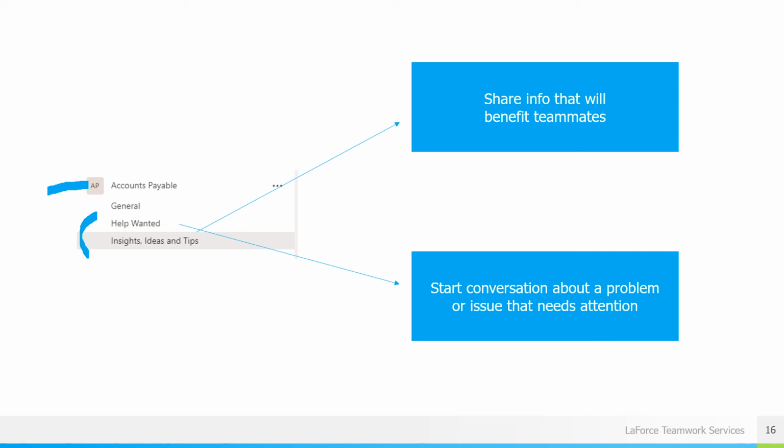And the way it works is whether it's help wanted or insights, you start a new conversation within that channel. And if you do it well, you raise a really specific question, you make a really specific request, and then people, again, reply right there in that conversation until hopefully you get some sort of solution or resolution.